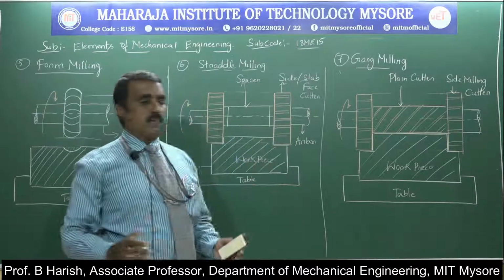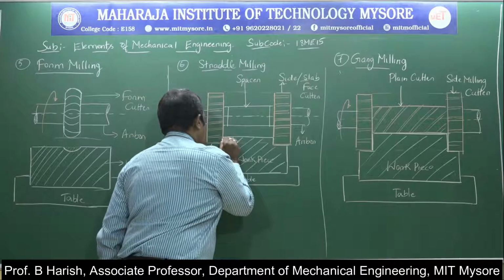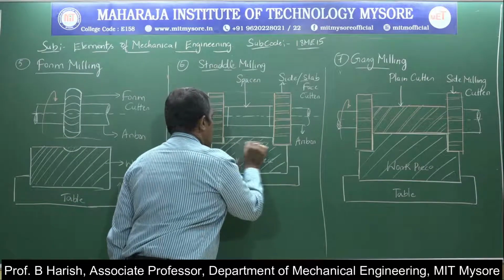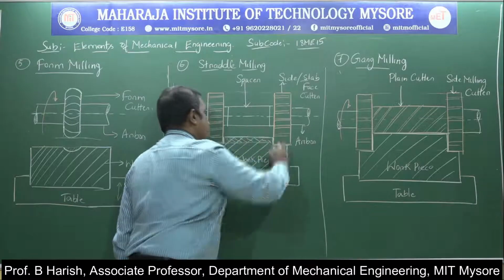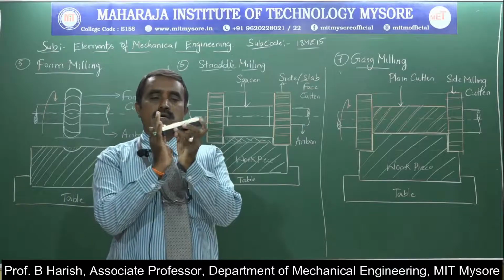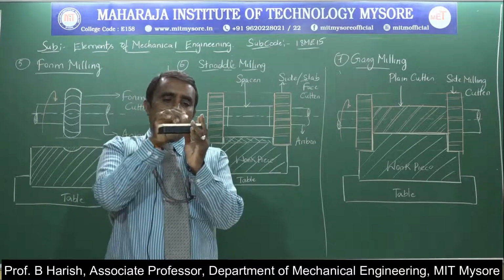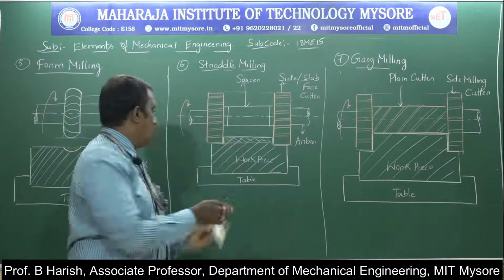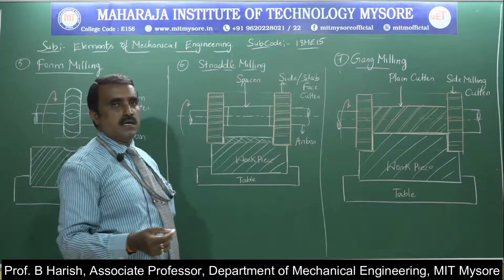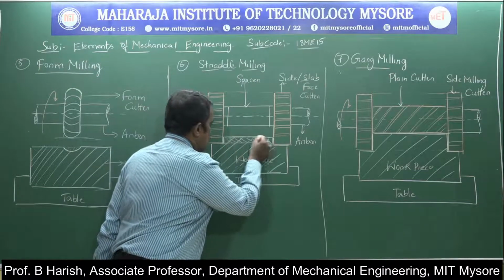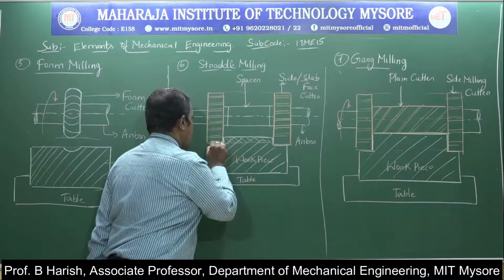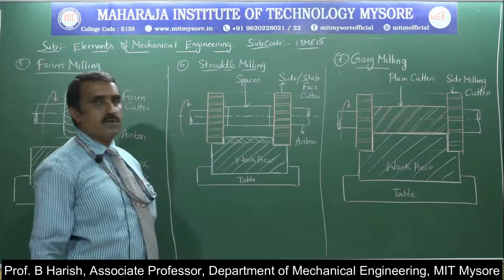You can see this is the workpiece here. This is the amount of material that has to be removed. If the surface is like this, we will be having a tool like this and a tool like this. So here material is removed simultaneously up to this point. If the surface is here, you can get a step portion on the workpiece.